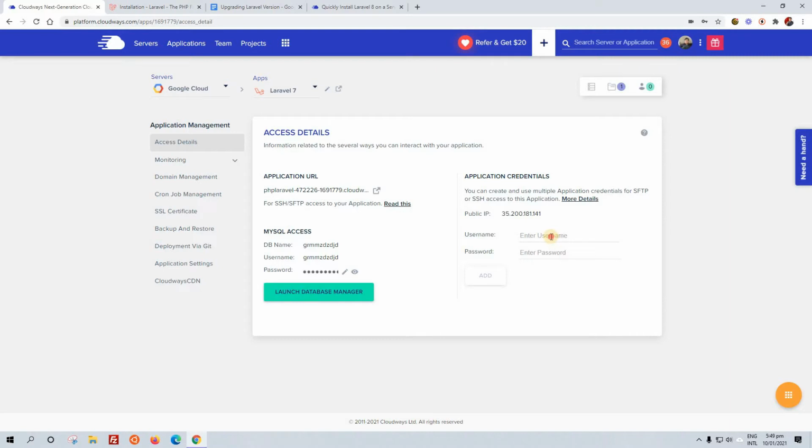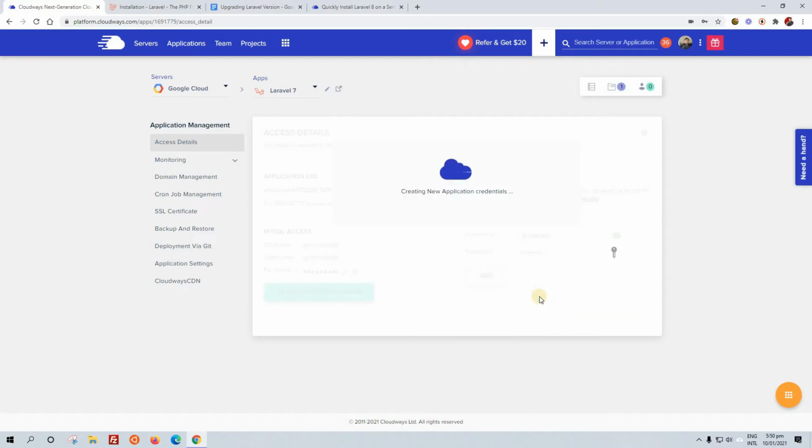Let's say I gave it a username Cloudways and the password something like this. You can name it and click on add. It will instantly create the new application credentials that we are going to use for our purpose of installing a higher level of Laravel.